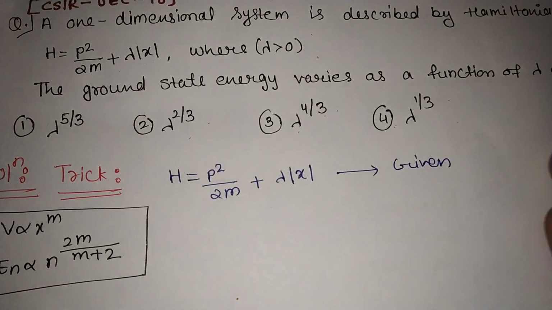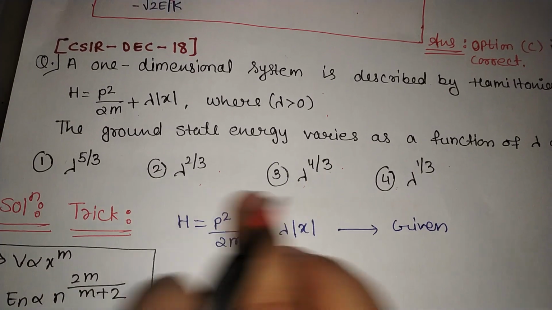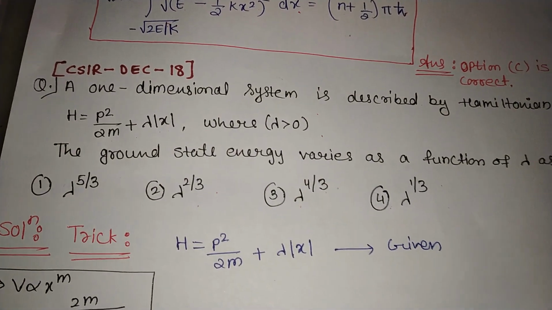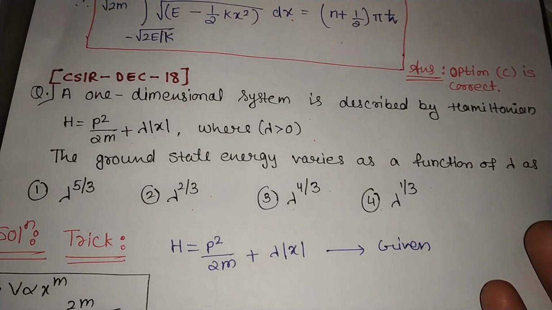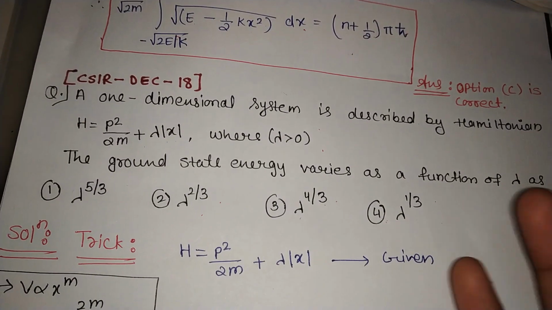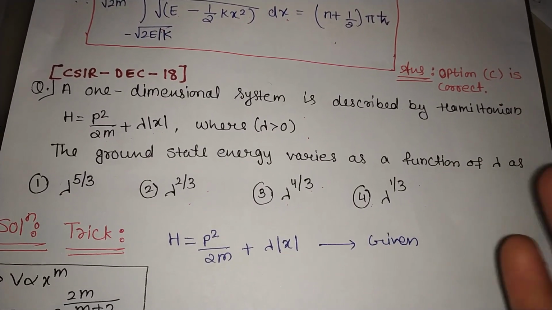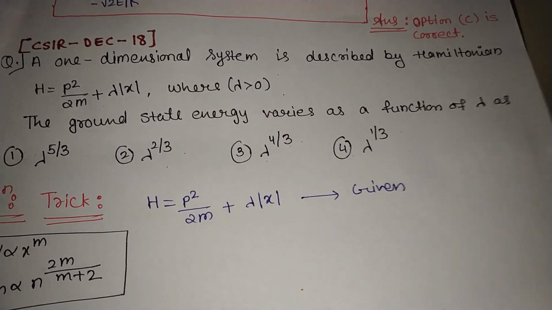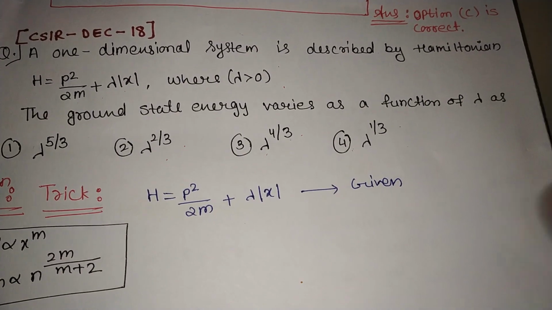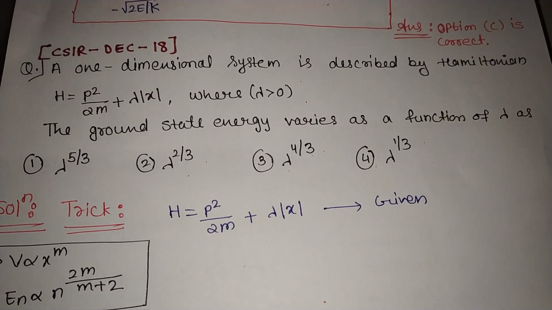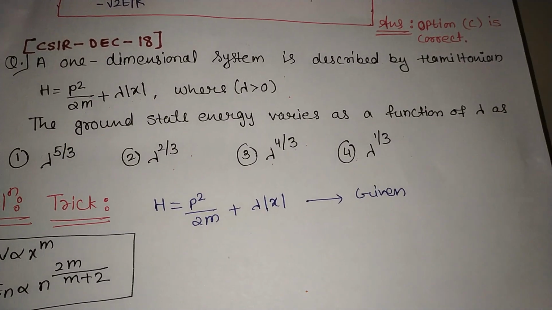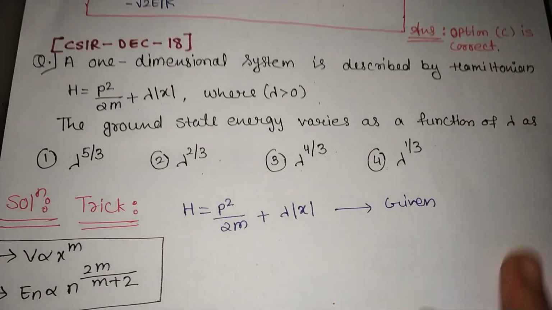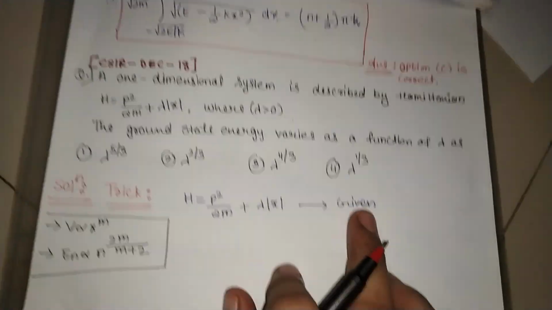So here we will talk about the trick method, because simply by using the trick method we can determine this, and we don't need too much time. In the exam, you should first see whether you can solve the question by the trick method, and if so, solve it that way. Don't go for the traditional method, because it will take too much time, and in the exam we don't have that much time for any numerical. So if you can solve it easily, choose the shortest method.